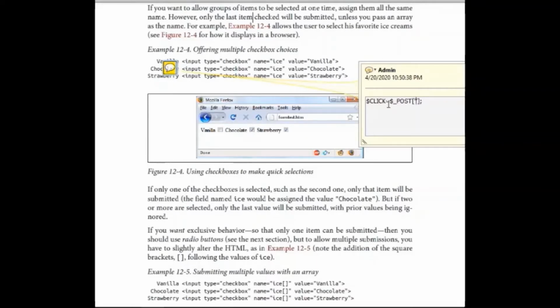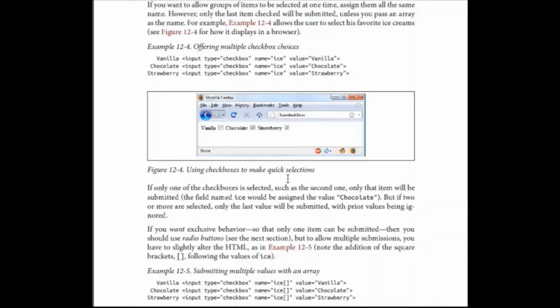Name is ice. So I can simply echo click. This is how whatever checkbox is clicked will be displayed. If the first one is clicked, vanilla will be displayed. If chocolate is clicked, chocolate will be displayed.